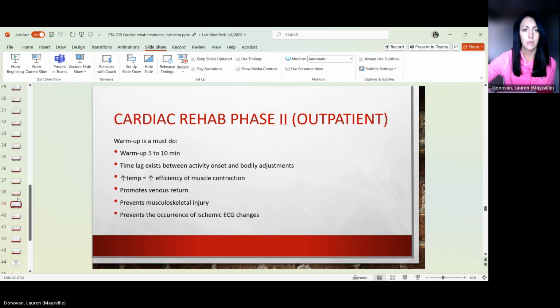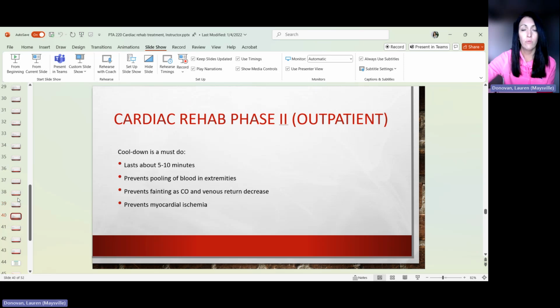Now, with these patients, it's good to include a warm-up that takes about 5 to 10 minutes, to increase the temperature and increase efficiency of muscle contraction. It also promotes venous return, prevents musculoskeletal injury, and the occurrence of ischemic ECG changes. And then after performing your exercises and activities, it's good to have a cool down that lasts about 5 to 10 minutes, preventing pooling of blood in extremities and preventing fainting as cardiac output, or CO,